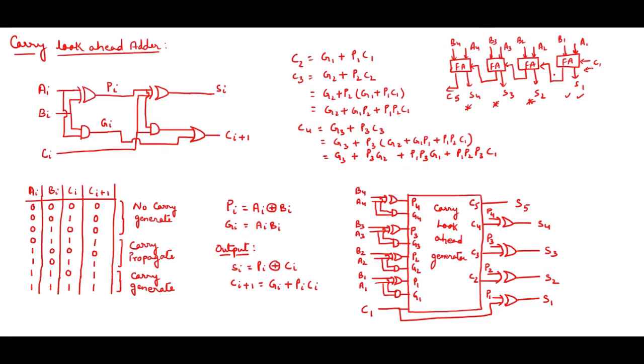When there is a delay from the first adder to the second adder, obviously there will be a delay between the second and third, and accordingly. So altogether we'll take some time to get the final answer and C5. That is the delay which is coming out from this 4-bit full adder because of this C1, which is not given to all the full adders at a single point of time. Or rather you can say it is going in a ripple form. First C1 is coming to this, then the result is coming out, then it is going to this one, then its final result is coming out. Though it is having some result, this is a garbage result.